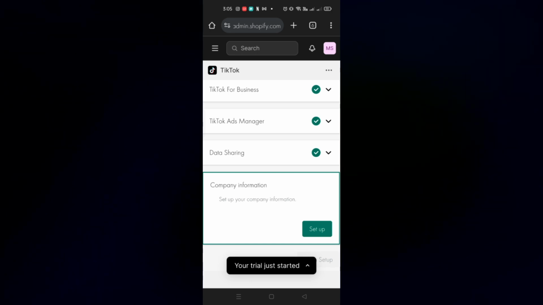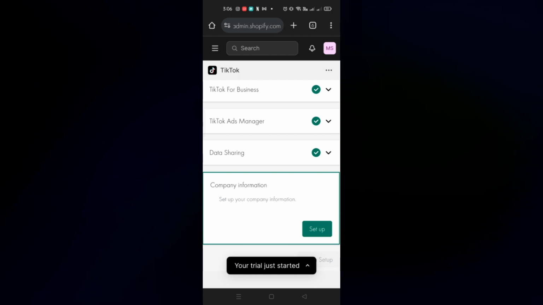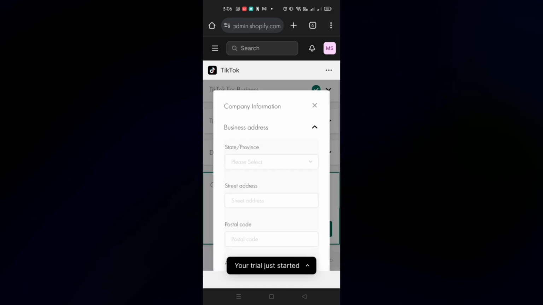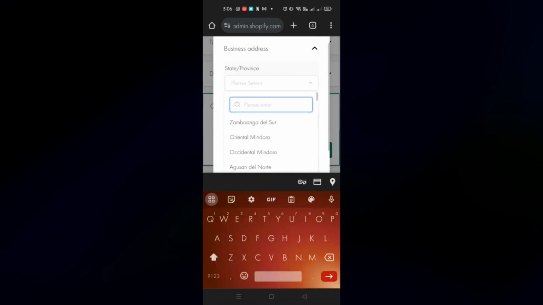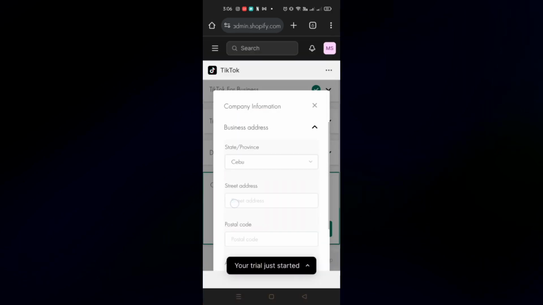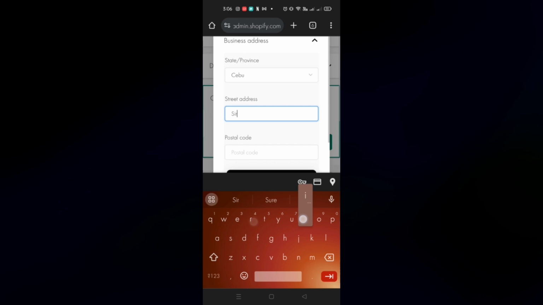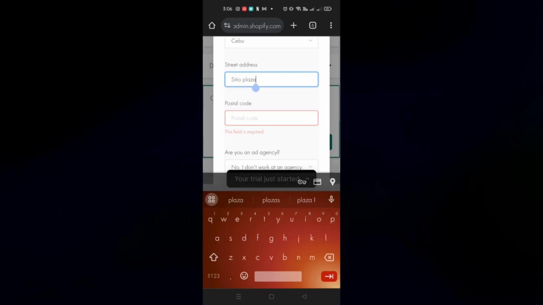This would actually set up our company information here with our TikTok Shop onto our Shopify. So just to inform you that with Shopify, you actually need to have a plan for this so that you'll be able to access it fully, since what I'm using here is just a free trial. I believe that's only for 7 days or 14 days. So here, when we connect our company information, just fill out all the details like the street address, your postal code,